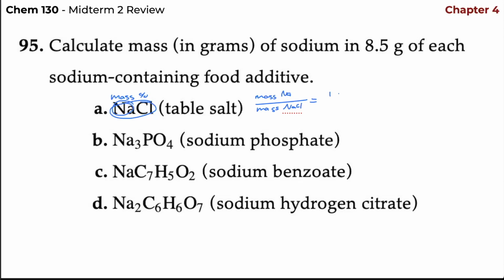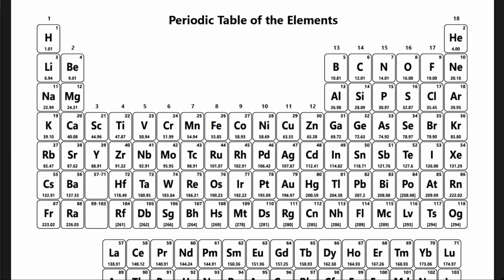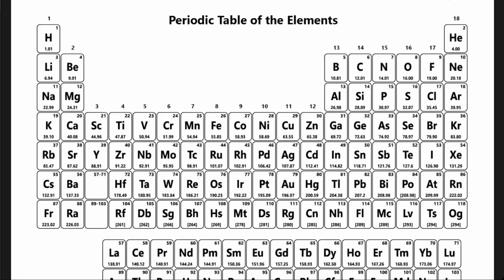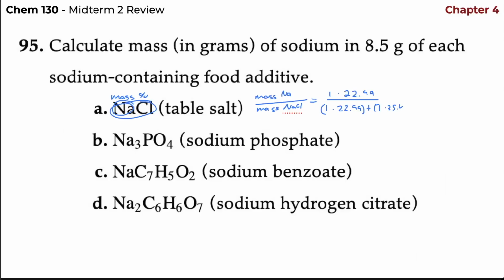Times 22.99, right? And then the mass of NaCl is going to be 1 times 22.99, plus 1 chloride atom times, what's chlorine? Chlorine is over here at 35.45, right? And it's going to give us that percentage, right? And now we're going to take this percentage and multiply it by 8.5 grams of table salt,